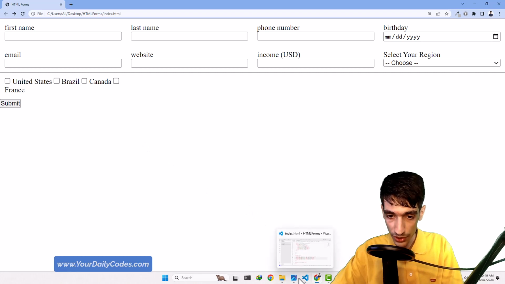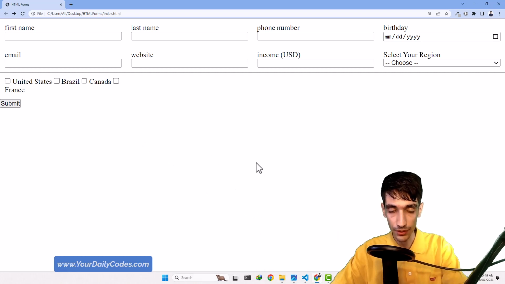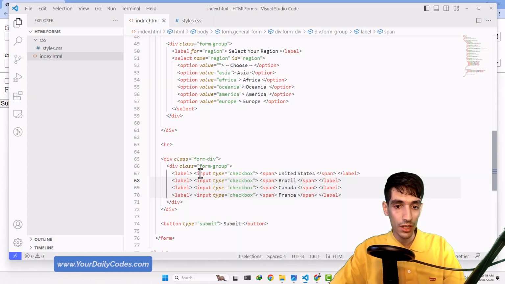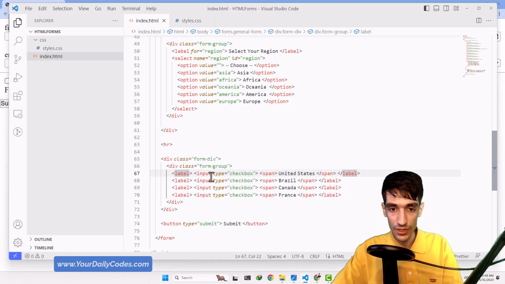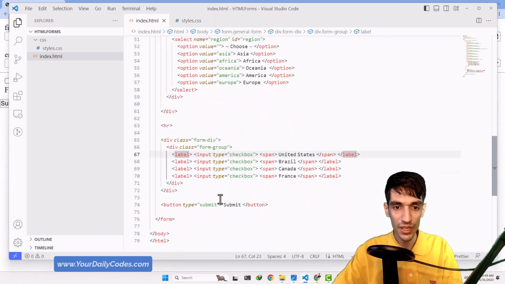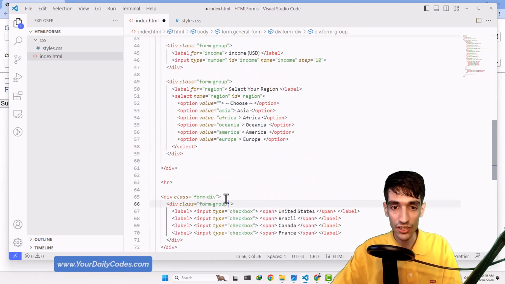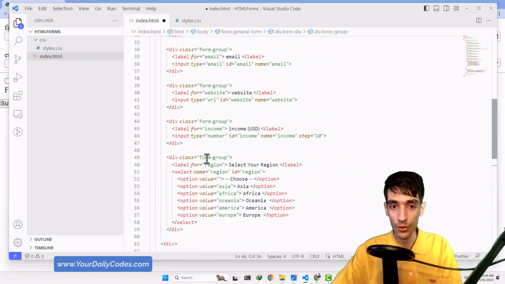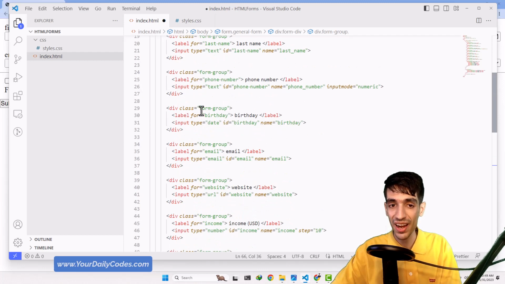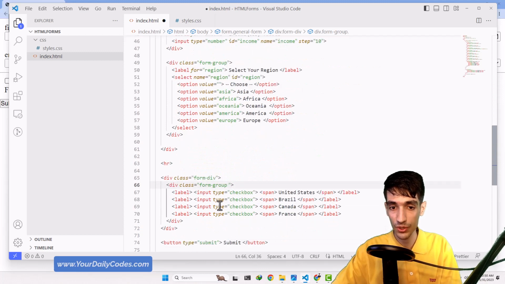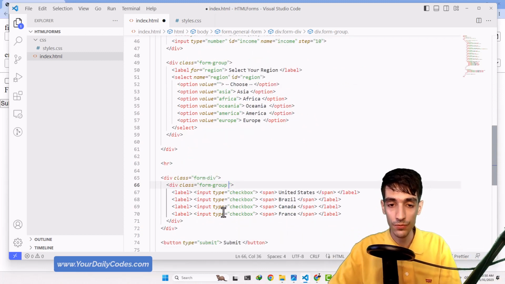So we can actually select all of these labels here and make them block display, or I don't know, yeah, maybe I want to use that. So in this form group, I can give another class to this. This is actually a form group like all the other ones. It has a 25% width. The parent has a flex display because the parent is the form div. But I give it an extra class for this